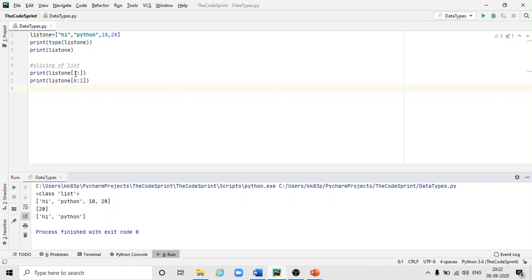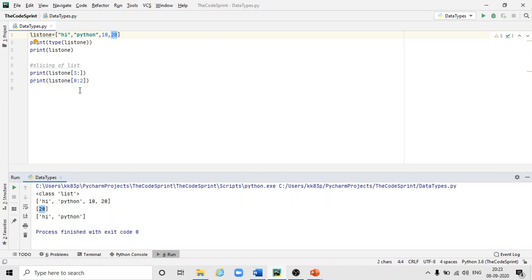For this one it is printing 3 to last. It means the item at the third index, like 0, 1, 2, 3, so this is my third index, and it is printing 20 till last. That is the only element at the end, and there is no element after 20, so it is printing only 20 here.